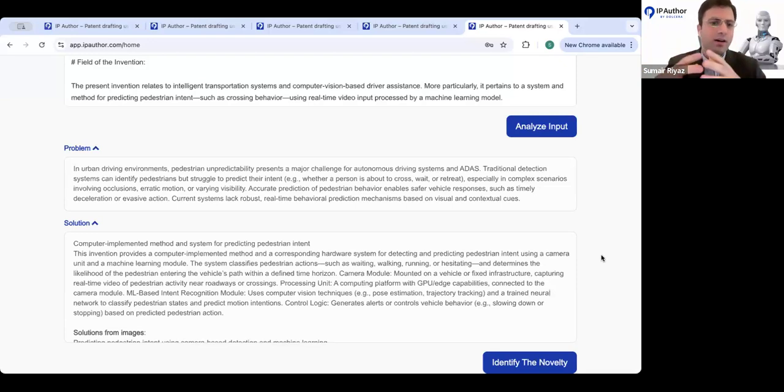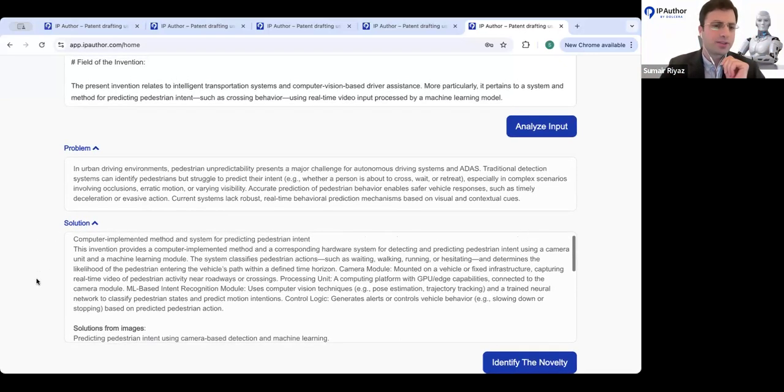So in this case, it says there could be problems, for example, that real-time behavior prediction mechanisms are not very easily available right now, and we want to work on that problem to be able to understand what we can do, right? So it says here that we have a computer implemented invention, a method and a system for predicting this pedestrian intent. It uses behaviors like walking, waiting, running, hesitation as examples to understand the behavior, which can be understood by a camera model, which is an input, which is then processed with the help of a machine learning model and classified and understood to see whether we can predict the right outcome, and then also inform or alert the